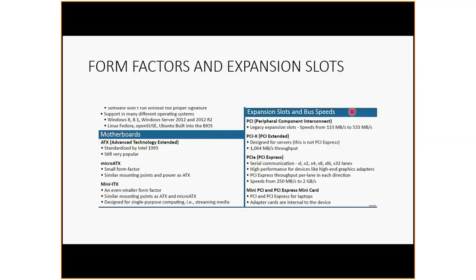CompTIA expects you to understand the throughputs for the different types of connections for expansion slots. So for video cards and different other types of cards, they have speeds and throughputs that you have to know. Like PCIe or PCI Express, it's a serial communication, times 1, times 2, times 4, times 8, times 16, and times 32 lanes, right? So those are different serial